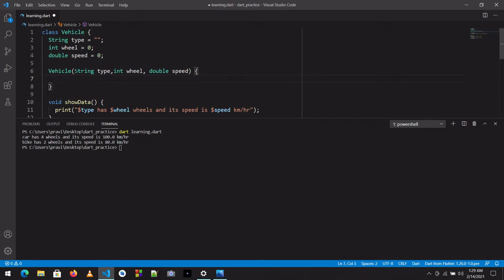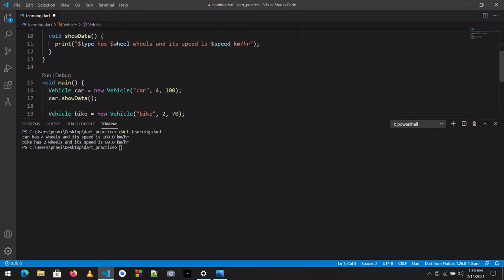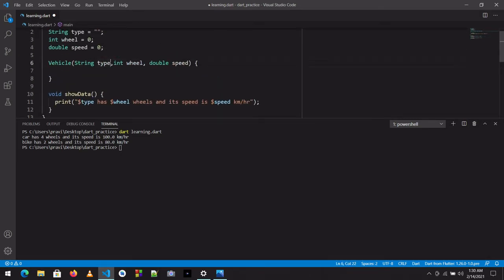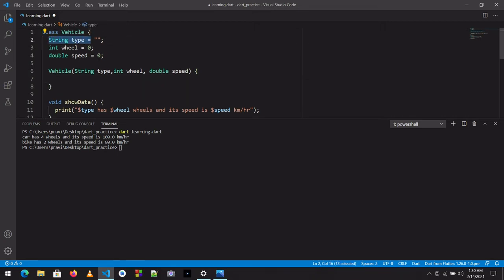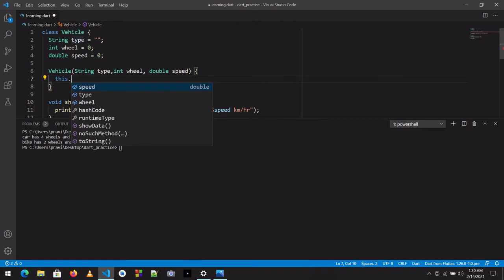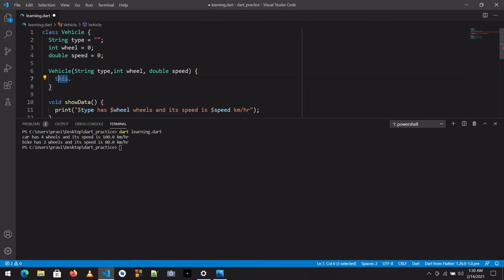Okay, so whatever values we pass here, we will get them through the variables mentioned in the constructor. Then we will use this constructor to initialize all the attributes we have mentioned in this class. So now we will replace these values using the this keyword.